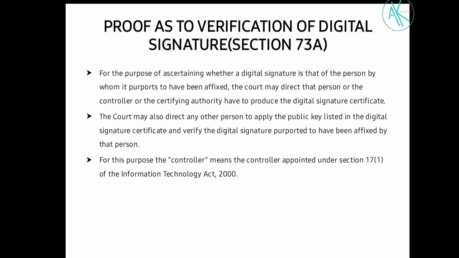The court may also direct any other person to apply the public key listed in a digital signature certificate and verify the digital signature purported to have been affixed by that person. For this purpose, the controller means the controller appointed under Section 17, subsection 1 of the Information Technology Act 2000.